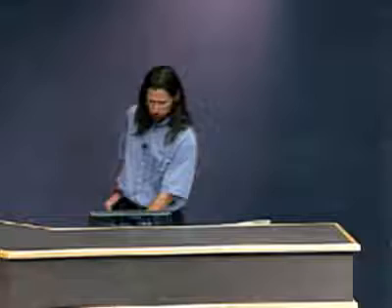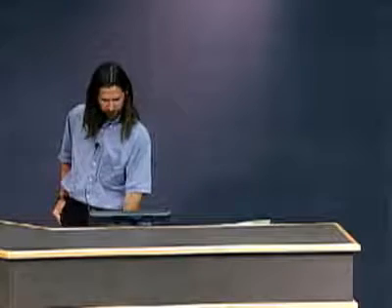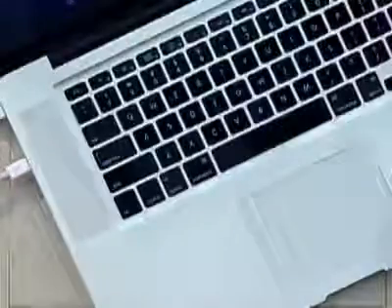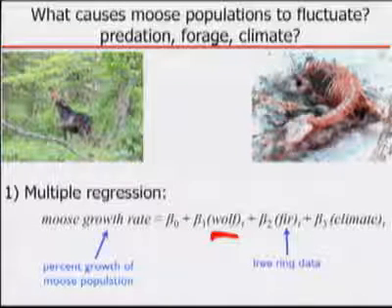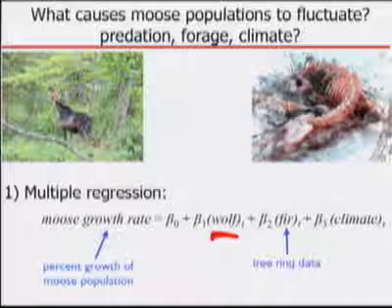And then for wolves, I don't have any graphics about the wolves. Wolves is very simply just wolf abundance. The basic idea is, if there are more wolves, there must be more impact of wolves on the moose population. And so that's the best way to indicate the intensity of wolf predation. The last thing to talk about